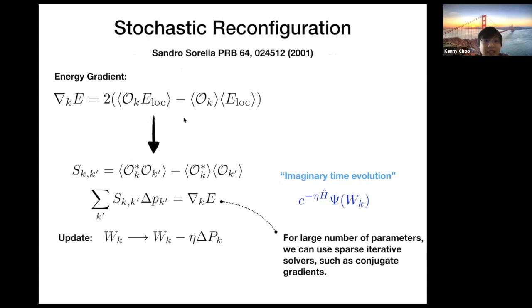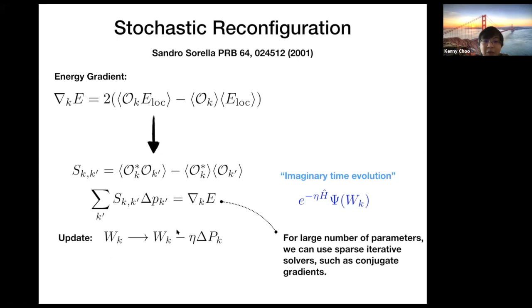So the idea is just that, as he already explained, but let me briefly describe it. The different parameters of the wave function are not completely equivalent, in the sense that some parameters are more important than others, and this is captured in this S matrix here, which is like a correlation matrix or the Fisher information in the machine learning community. And if we change our update rule into this form, where we solve for this delta P, and we update according to this formula, using the delta P instead of directly the gradient, then this in some sense realizes some sort of imaginary time evolution.